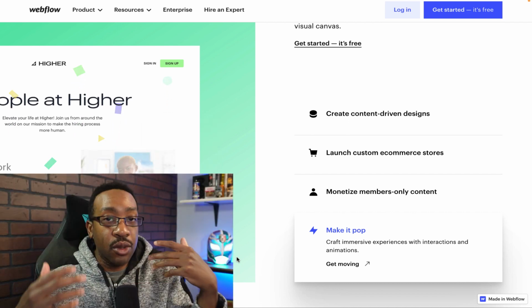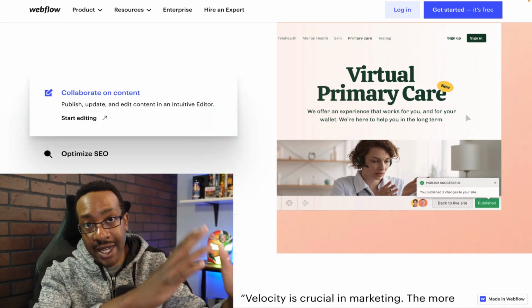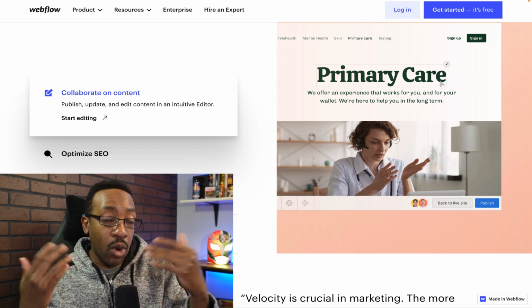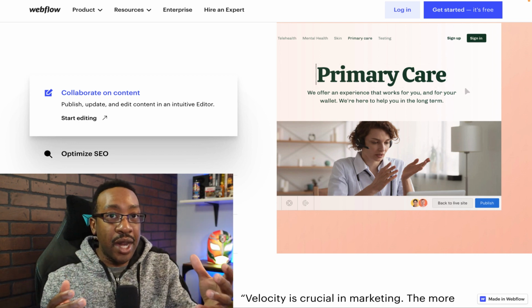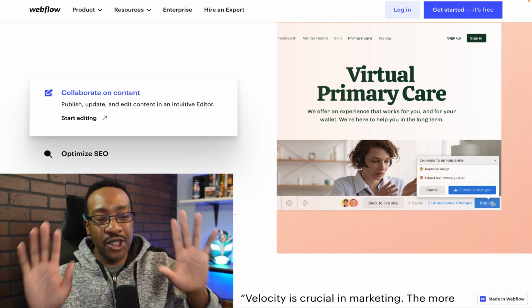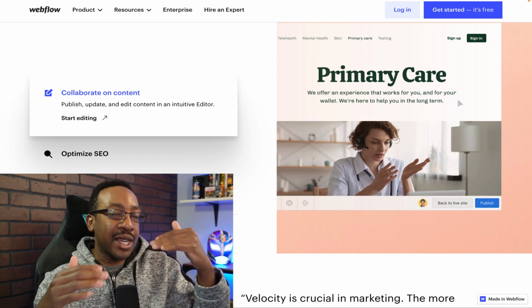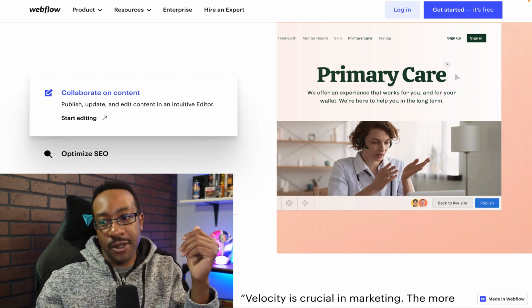Another cool feature is when you're working with a team, you can collaborate with others. You can also have a designing section, and then you can have an editing mode. Why is this important? Because you can have more editors that only can touch or edit what is on the page, but they can't destroy what you beautifully made, right? So the collaboration is built in for this platform.